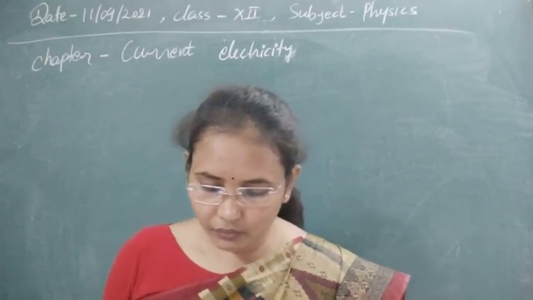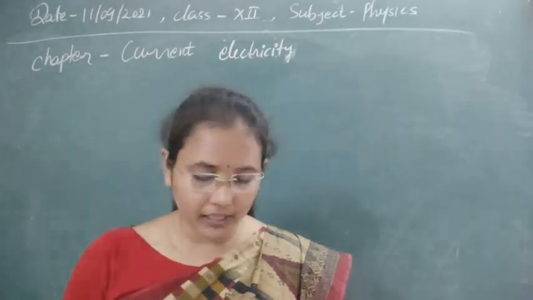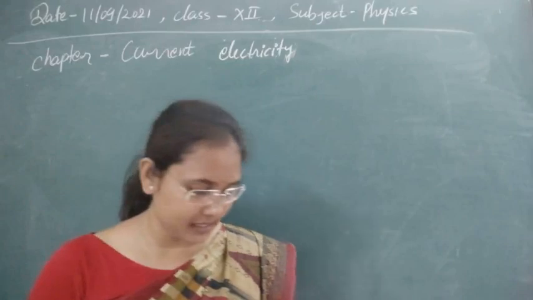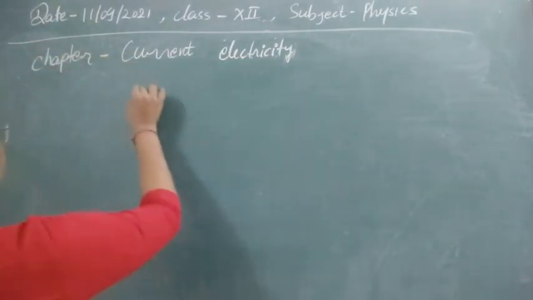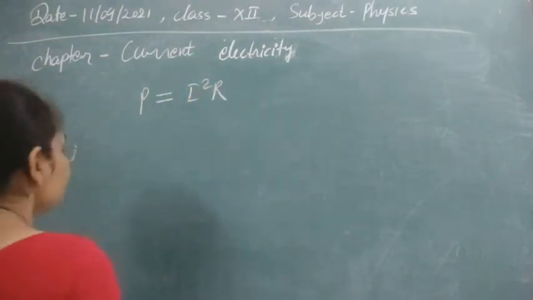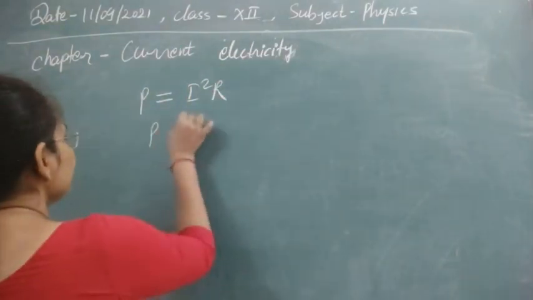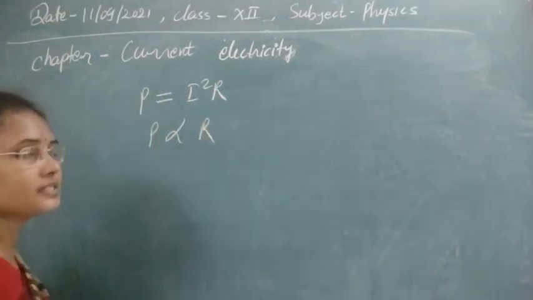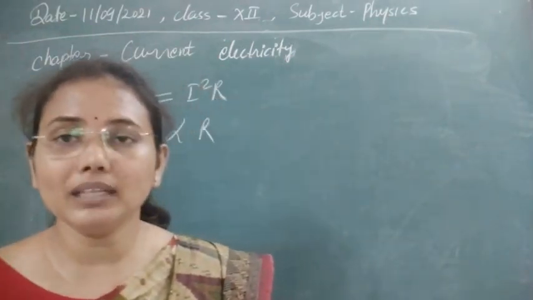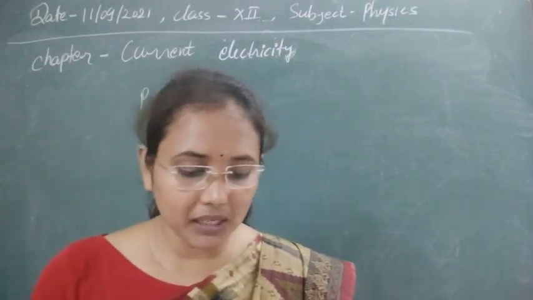Now you will see, as the bulbs are arranged in series, the current through each bulb will be the same. Obviously you know in series combination current is always the same. So here, as we know, the power is given by I squared R. From this concept, as I is the same in all 3 bulbs, power is directly proportional to resistance, so the lower the power, the lower will be the resistance. So we have to find out which bulb has minimum resistance.